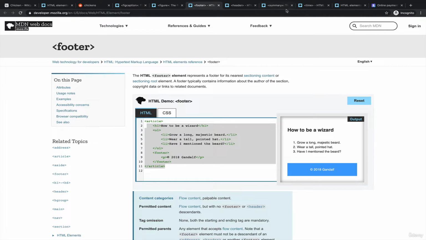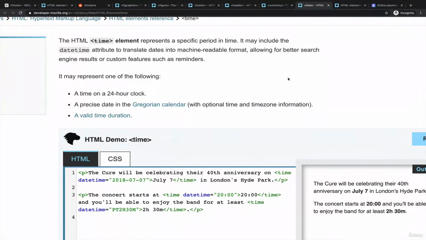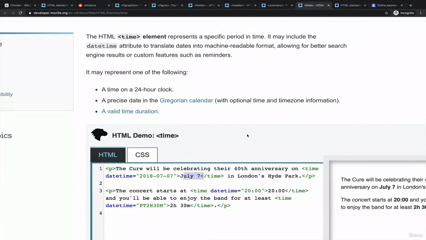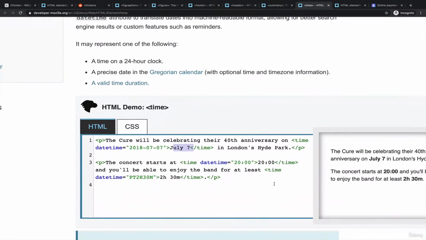There are things like a time element. Now this one is actually a bit different. It is an inline element. You wrap it around some piece of content that represents a time or a date time or just a date. So you can see here